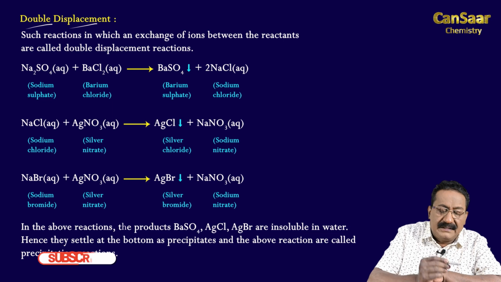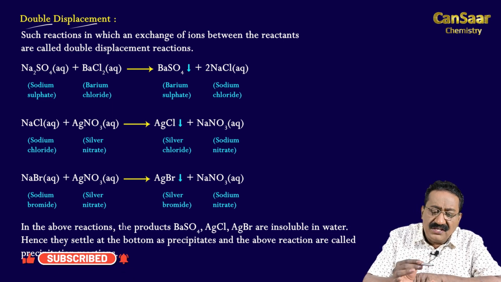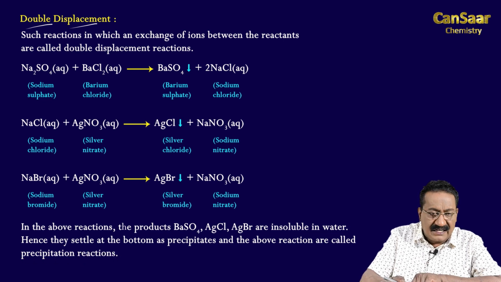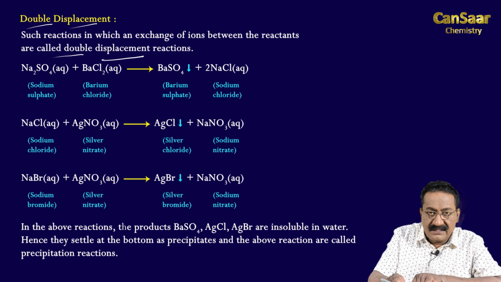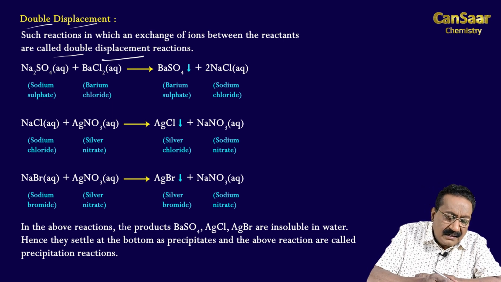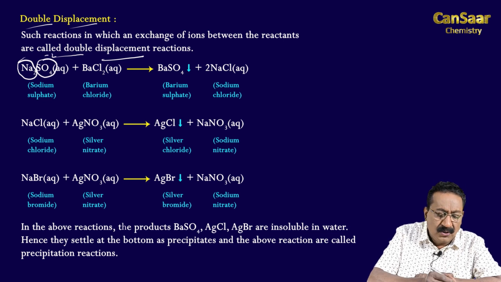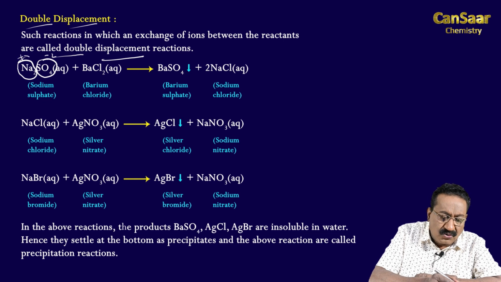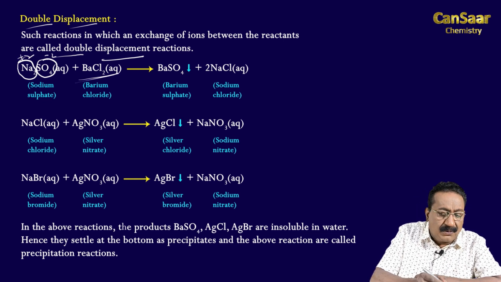Double displacement. Such reactions in which an exchange of ions between the reactants takes place are called double displacement reactions. For example, here cations, sodium ions, anion, sulfate ion with the charge -2, two sodium ions, each sodium plus 1, two sodiums plus 2. When this aqueous solution is treated with barium chloride, each chloride is -1 charge, anion totally -2, and barium